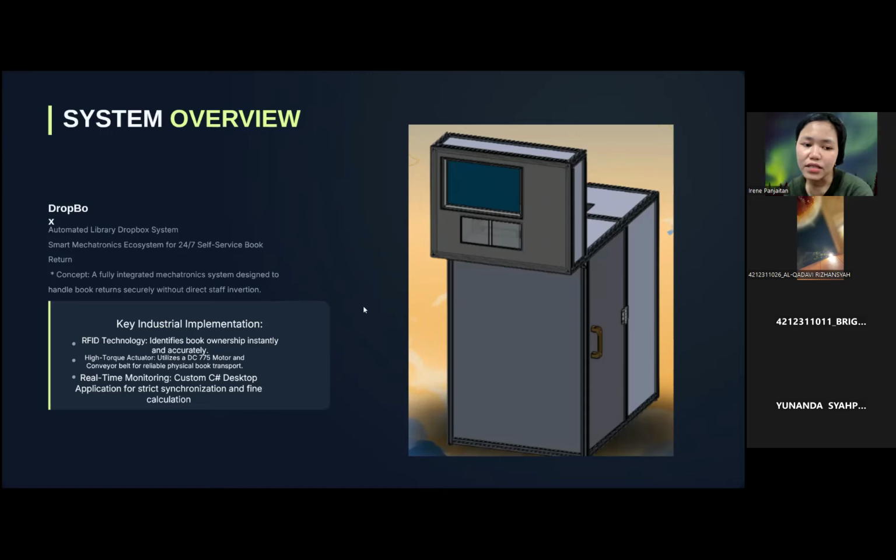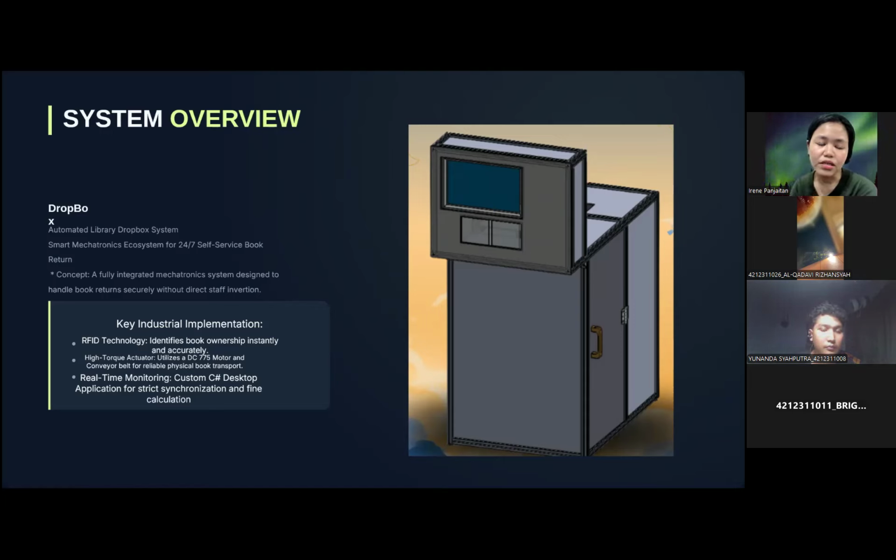And the key industrial features that we implement in this project are three points. First point is RFID technology. It will identify book ownership instantly and accurately. And we also have the high torque actuator, utilizing a DC 775 motor and a conveyor belt for reliable physical transport. And real-time monitoring. We customize the C# desktop application for strict synchronization and fine calculation. And for the next